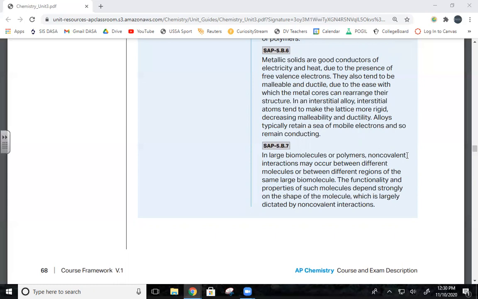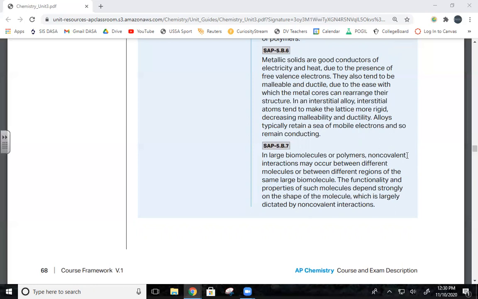Interstitial. What does that mean? Yeah. So in the interstitial alloy, yes, we know that you know this, Oliver. Remember, the interstitial alloy is an alloy of two metals that have different atomic radii. One of the types of atoms fits in between the lattice of the other atoms, right?